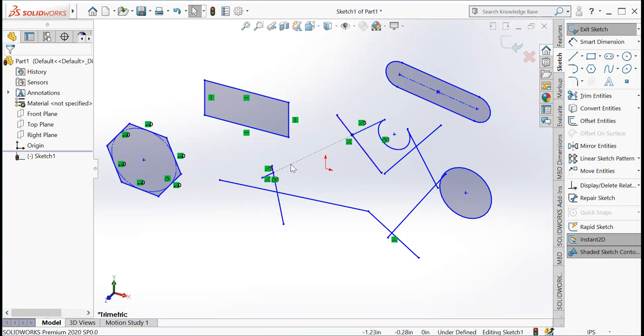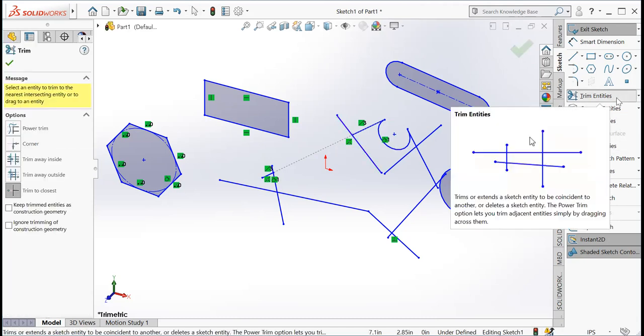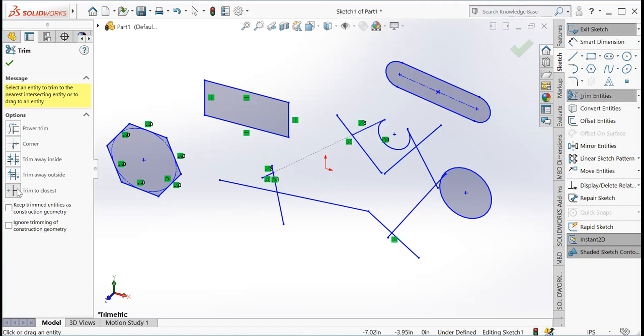Some part has remained. Again with this trim command, we can see that this trim to closest only deletes the extra line beyond this line. This is the junction from which this line was extending, and if we click on this line by clicking on trim to closest, it deletes the line beyond this junction.